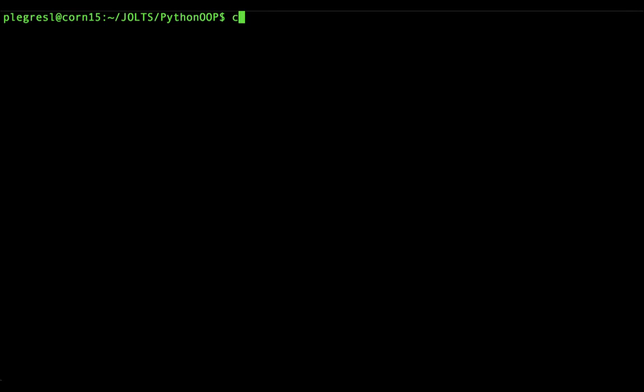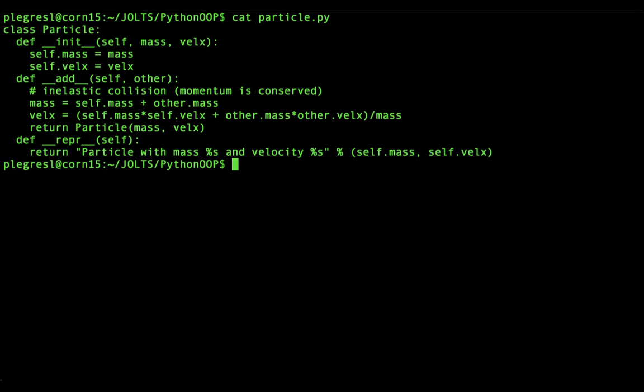With Python, you can potentially implement many additional methods to allow your objects to interact in specific ways. So in this case, we're looking at the contents of particle.py. This is a class that represents a particle with mass and velocity. And we have a __repr__ method, and that's the string representation method. So if you want to print out your object, that's the method Python is going to go to determine how to